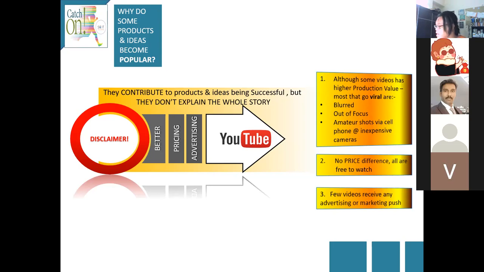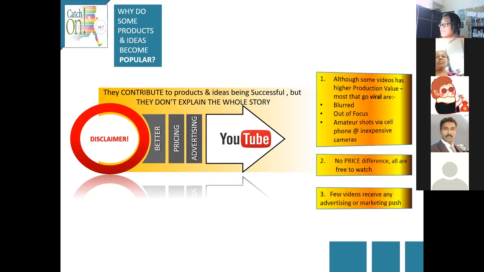When you compare all the videos together, there are videos which have higher and better production quality, but normally the ones that actually go viral are blurred videos, videos that are out of focus, and videos that are shot by amateurs, or shot through inexpensive cameras or cell phones. All right, so basically